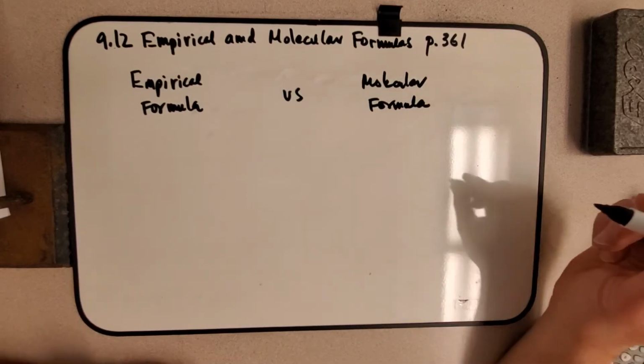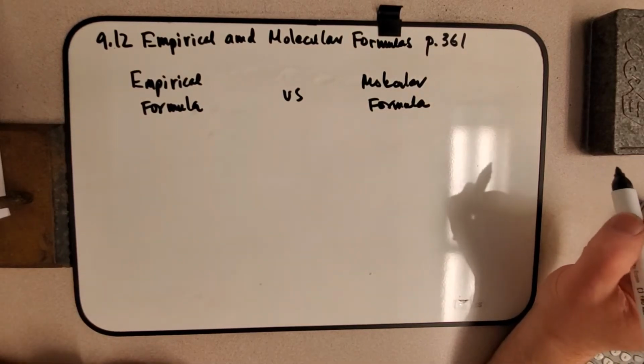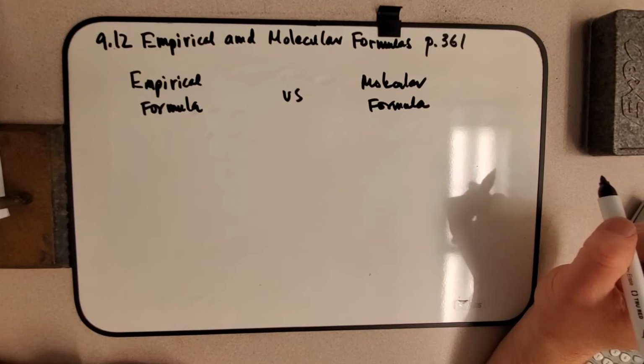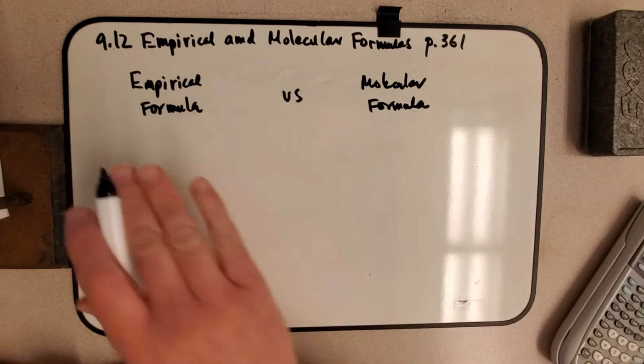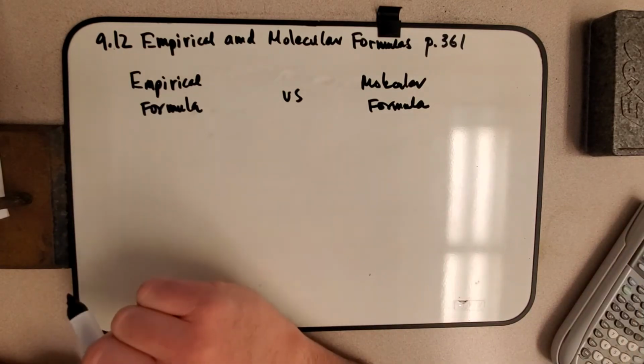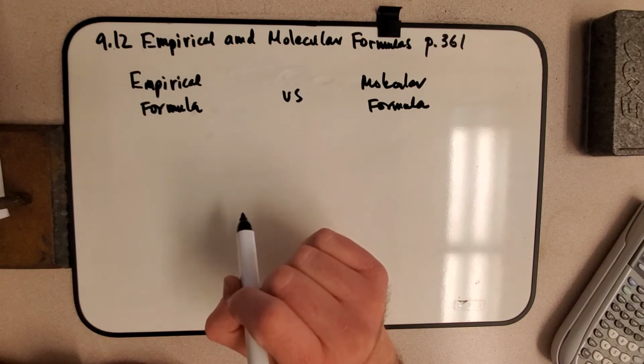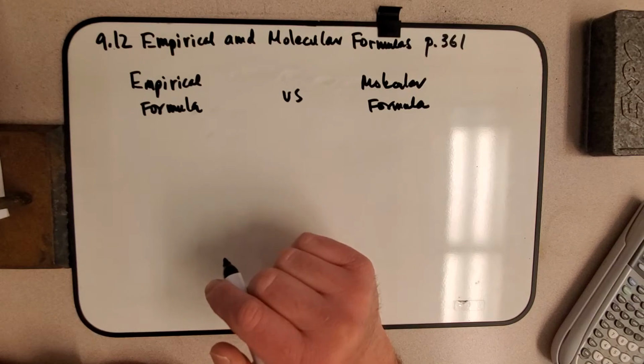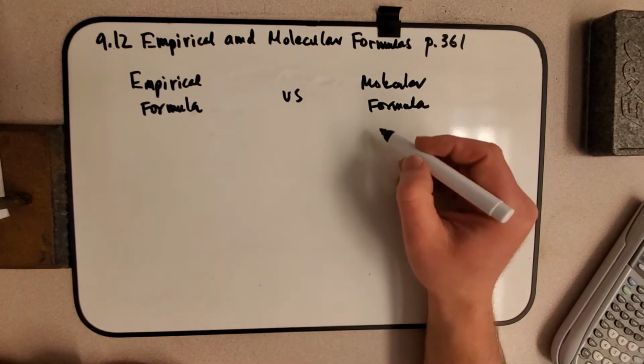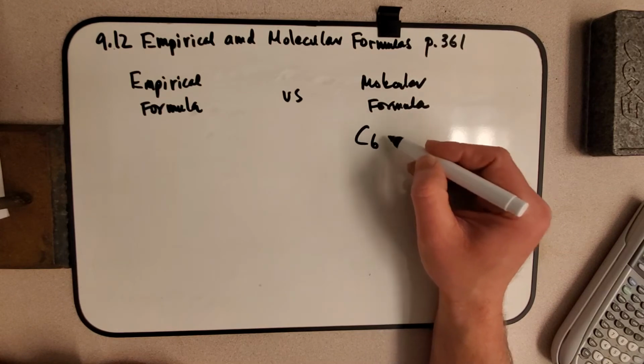Okay, our next topic, 9.12, empirical and molecular formula. It is in our textbook on page 361, and I prepared a little bit ahead. I put empirical formula versus molecular formula, and so what's the difference between the two? We're going to figure it out now based on the examples I give you. So first I give you, for example, the molecular formula of glucose,